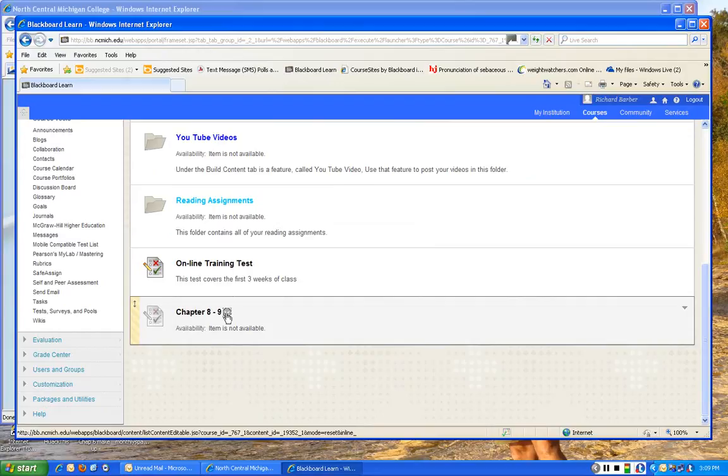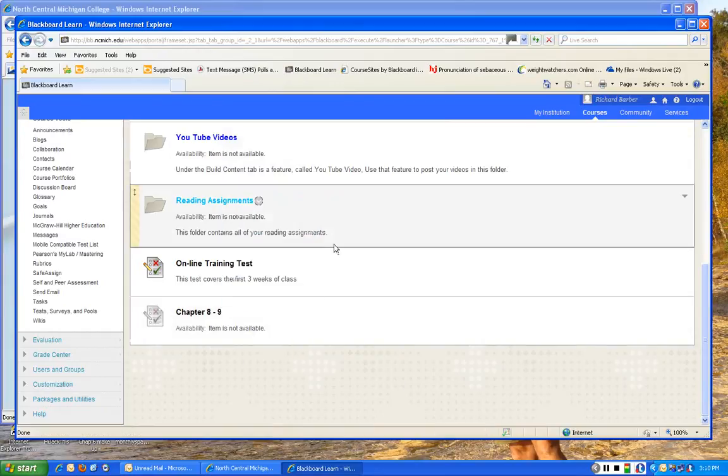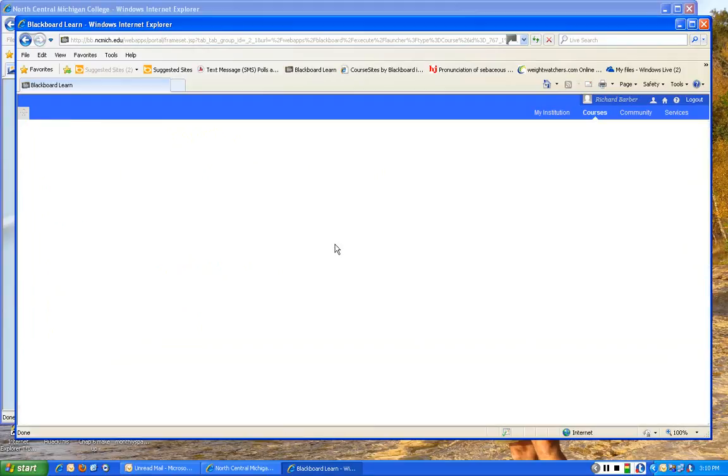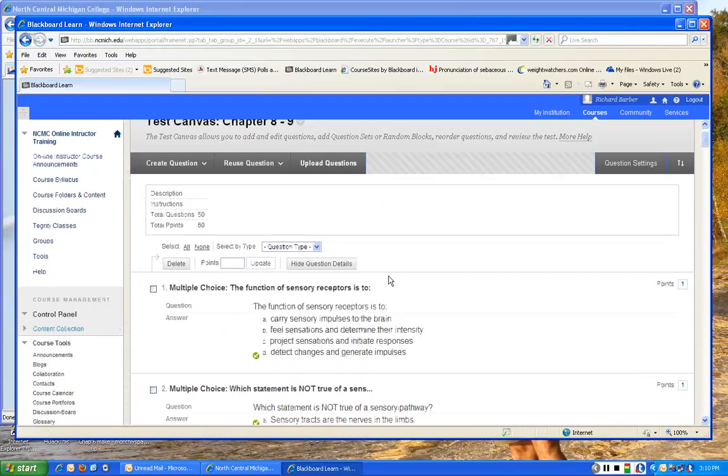If I need to, and I have noticed this in the past, if I want to come up here and edit the test, one thing I've noticed is that when I've imported things in the past, it imports them as one point, as you can see right here. So because I like to have mine as a 100-point test, or 2 points per question, I need to change that. So one of the things that I'll do then is I'll come up here and I'll hit select all. So it selects all 50 questions. I change the point value to 2 by hitting 2. I then update it,